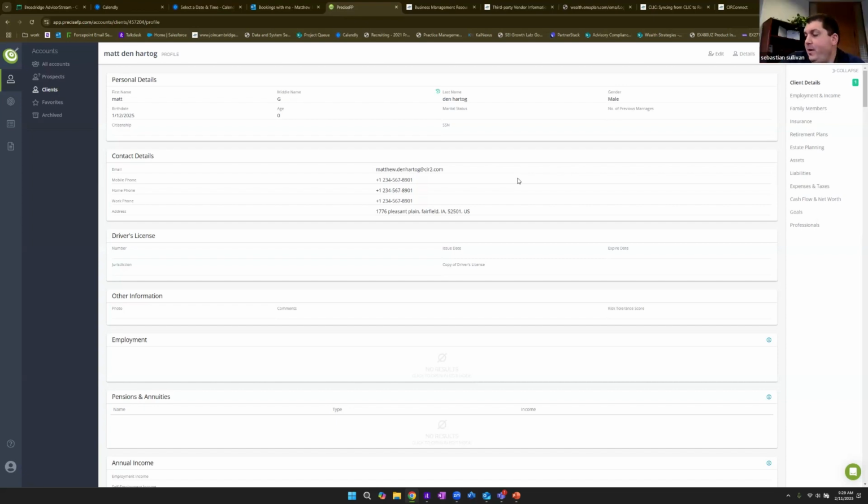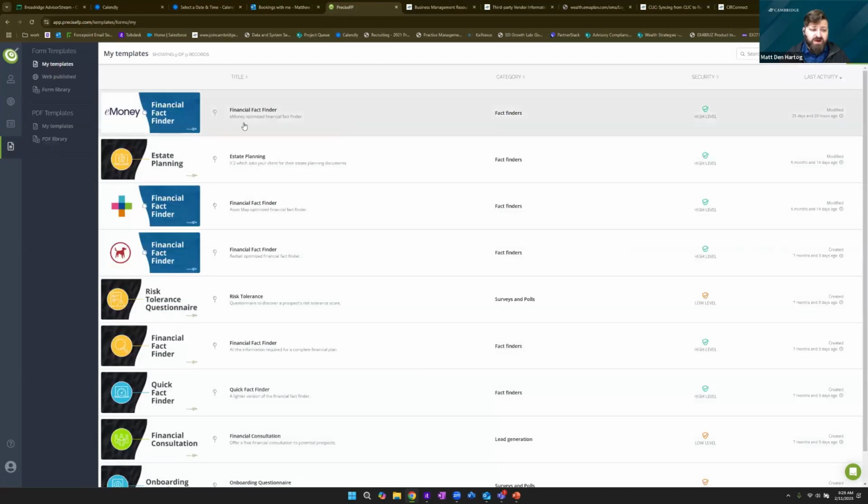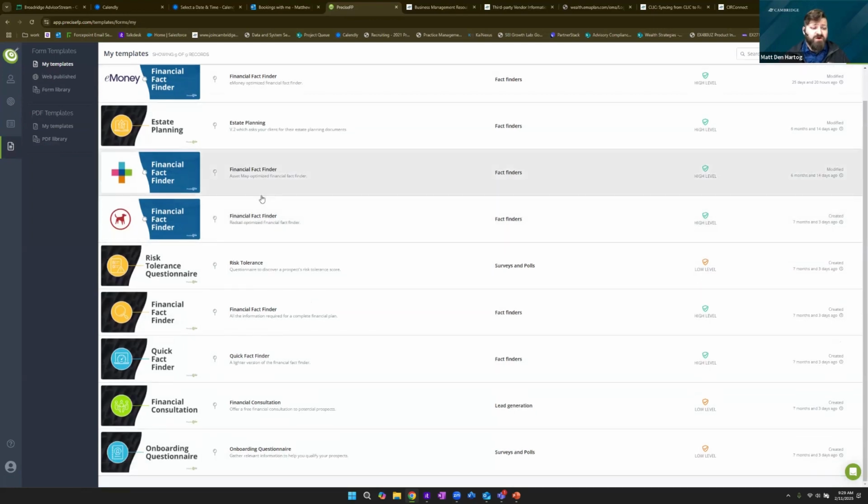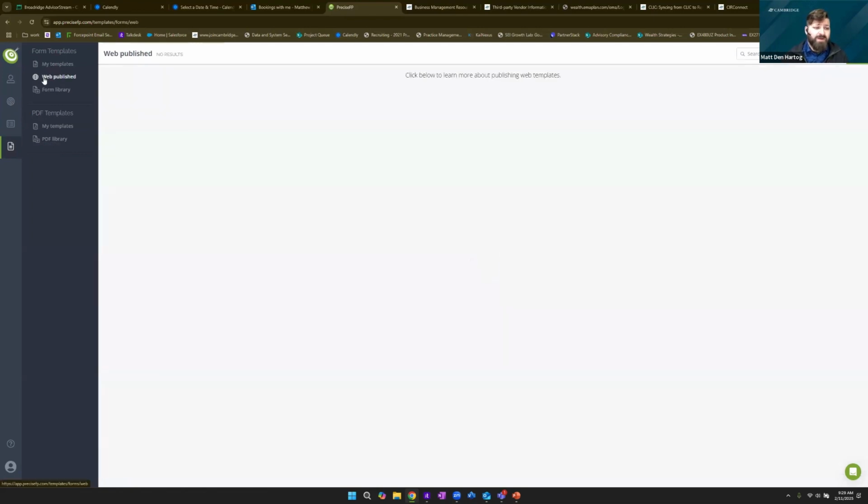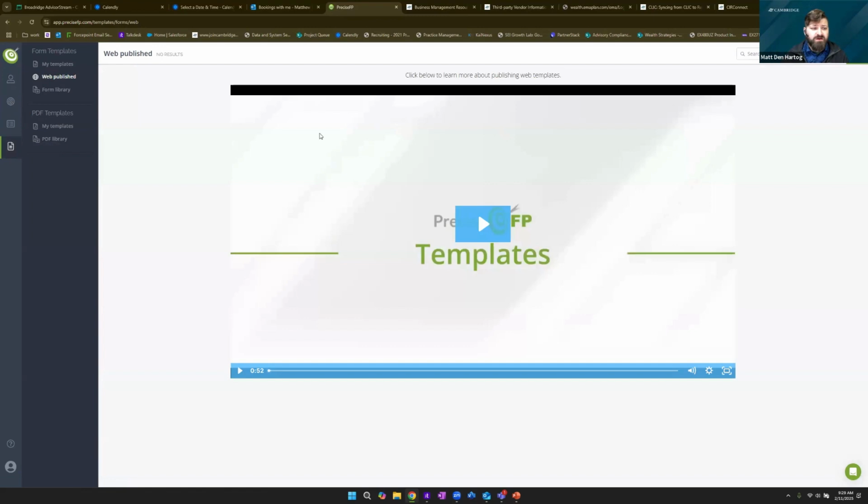Okay, so you kind of touched on my next question. When an advisor gets into Precise FP, do they have to build all their own templates or do they have preloaded ones that you could essentially use? So they have some preloaded ones. So they have an eMoney fact finder, Redtail, AssetMap. All of these fact finders I have here are all just ones that I can go out to their web publish section